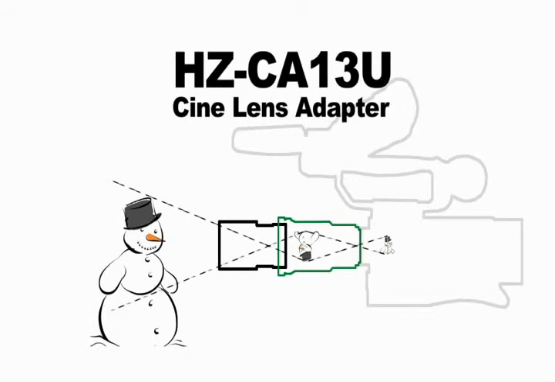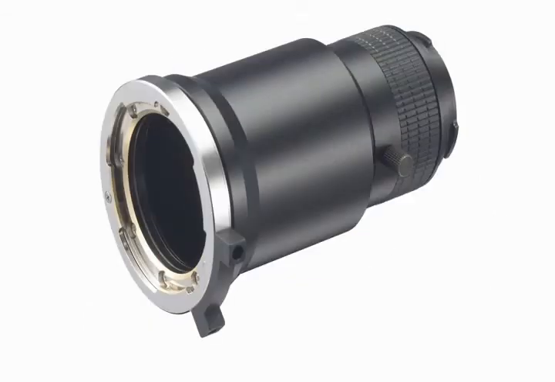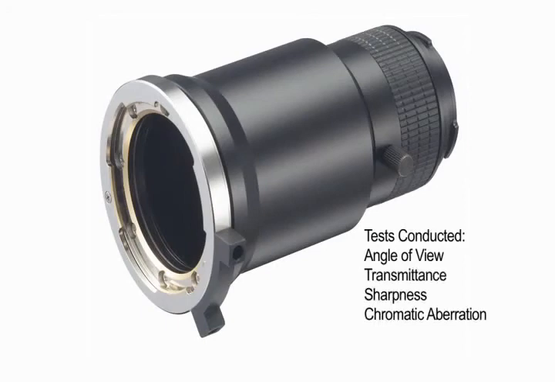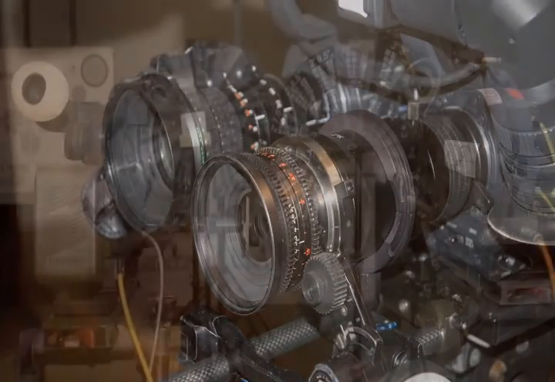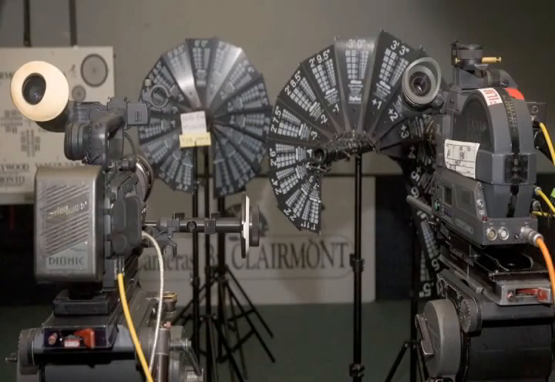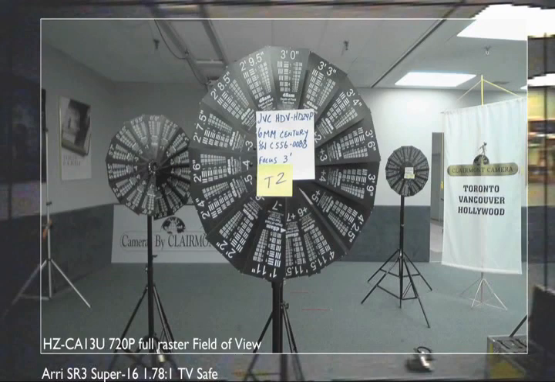I recently had a chance to test this new adapter. I tested angle of view, transmittance, sharpness, chromatic aberration, and depth of field characteristics, and compared the results to a standard 1/3 inch video zoom lens, as well as the same prime lenses on a Super 16 Arri SR3. I found that the HZ-CA13U has an equivalent angle of view of standard 16